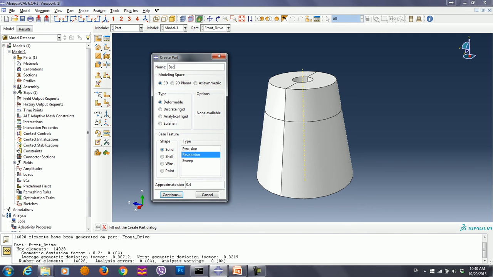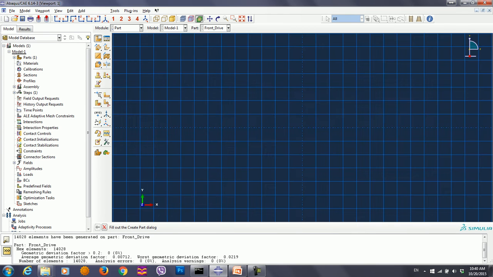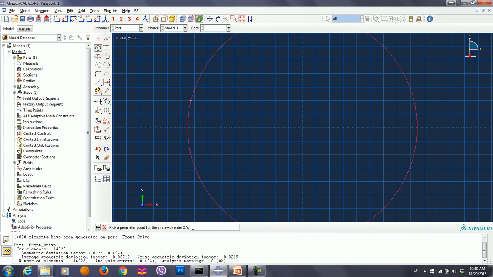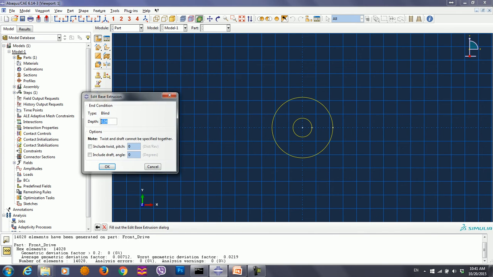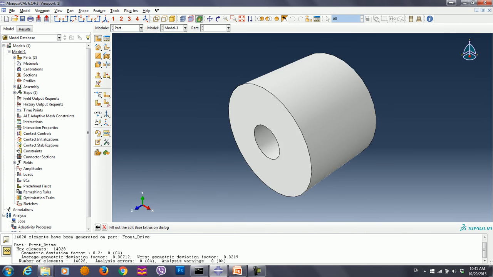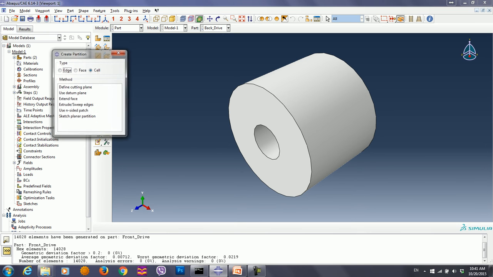The second one is the back drive. I created with extrusion. Create the circle 0 and 0, 0.007 and 0, 0 and 0, 0.0225 and 0. Then the sketch is finished. 0.035 is the thickness. Again, I create a partition, the cell, by defining the plane with 3 points